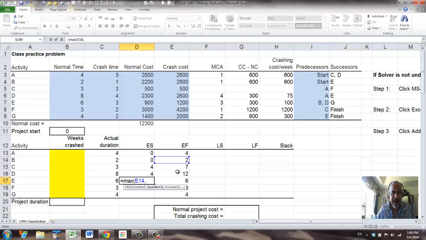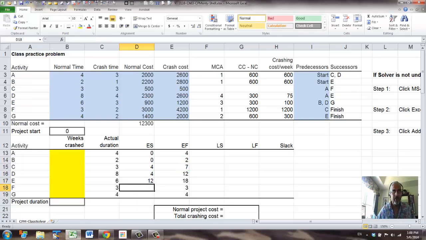So max between B and D, EF, the earliest finish time between these two. And for F the predecessor is C, and for G, the predecessor is E.